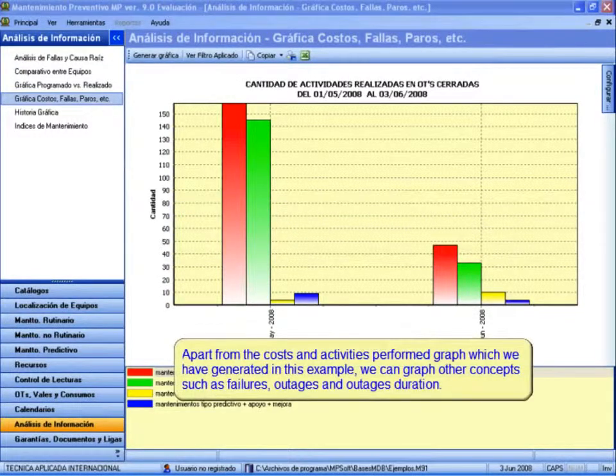Apart from the costs and activities performed graph which we have generated in this example, we can graph other concepts such as failures, outages and outages duration,